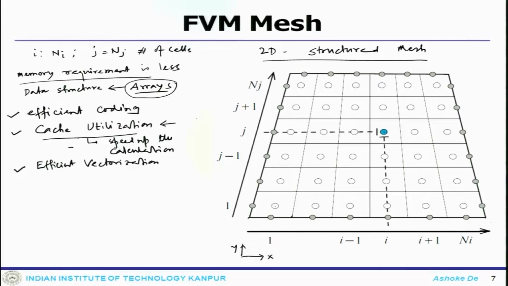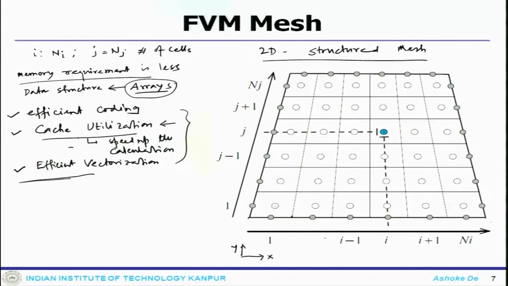So, these are all properties which are associated with your coding. That means, how good your programming is going to be and how efficient your algorithm or code is in using the memory, the cache, and the vectorization, so that your code can run faster and faster. This is one of the strong requirements of any numerical code, how efficient your code is. Okay. And so that is where the structured mesh becomes quite handy.